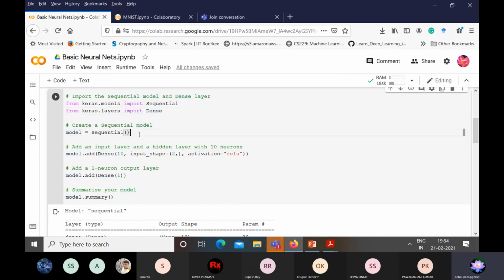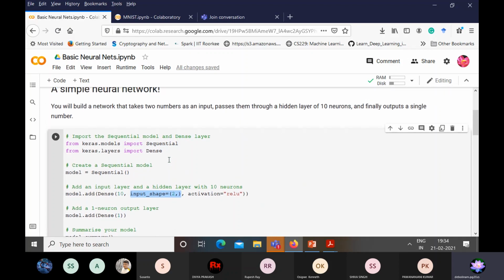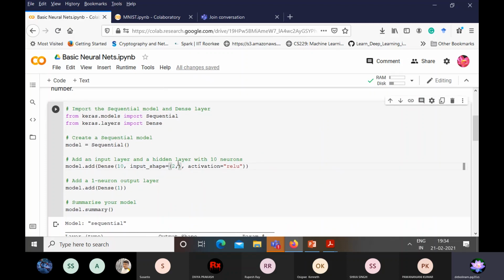And first we will create a sequential model. We will add an input layer and a hidden layer with 10 neurons. So over here in Dense, when we are initializing it, you have the option to mention the input shape, whatever is the shape of your input layer. Here, as we have two numbers as the input, we mention input_shape equal to (2,).